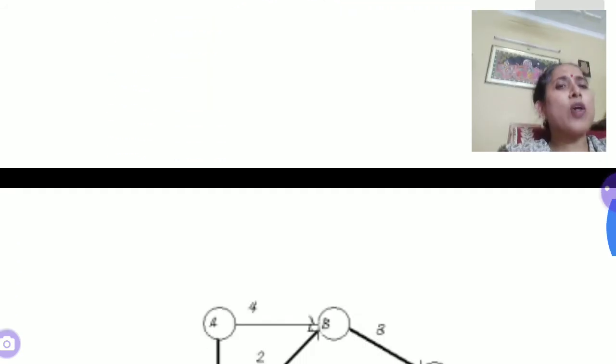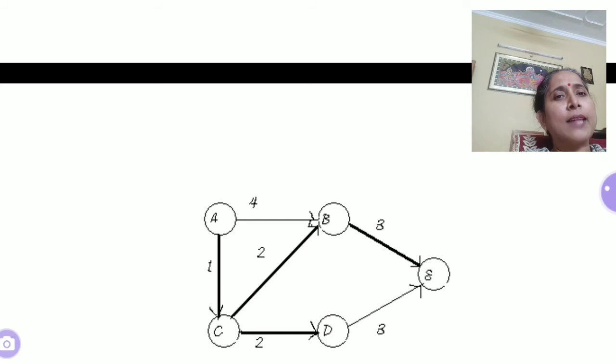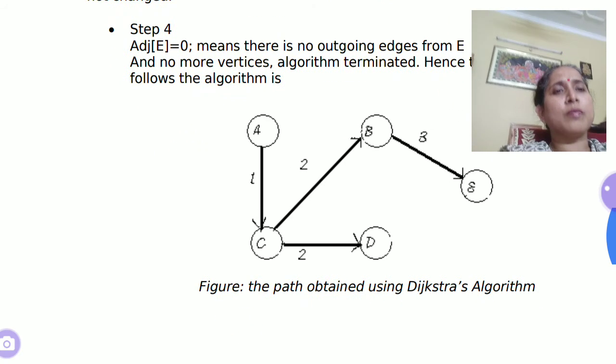So I have an option. I can choose either variant. I can choose the path A, C, D and E, or I can also choose the path A, C, B and E. Both of them incur the same distance. So this is the kind of tree, after completion of Dijkstra's algorithm, that we get as a result. Going via A, C, B, E you are covering 6 units of distance, and if you go from A to D, that is the shortest distance that you can cover.